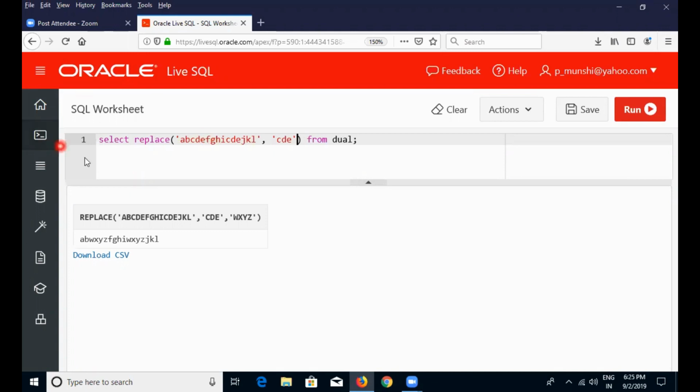And so you will find that when I use this replace with no 3rd argument, then the occurrences of the 2nd argument in the data will be replaced with a null. I will demonstrate to you, and you will see that all the occurrences of CD have been eliminated from the output. So this is one of the very important uses of the replace function also,